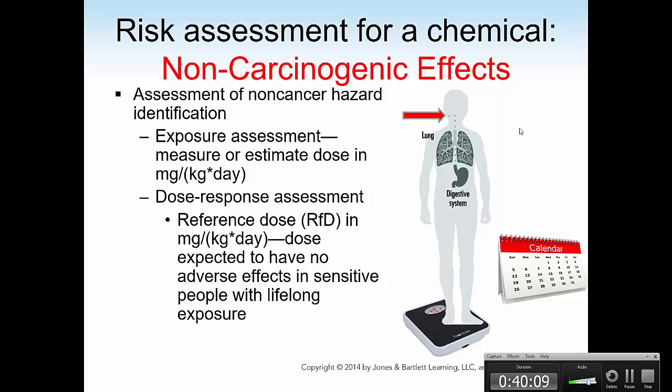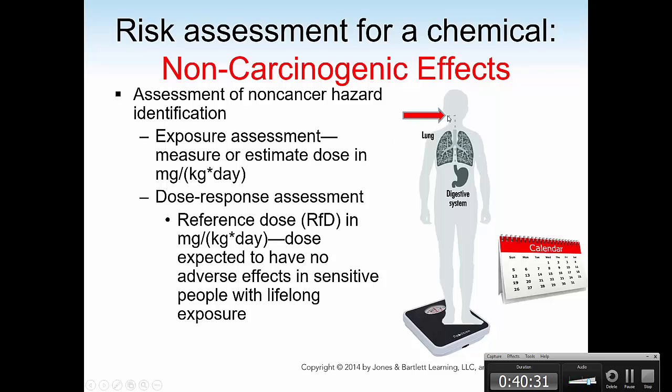Let's say this is something in the environment and there's really no way to get rid of it effectively. So we need a threshold here. We need a reference dose. So a reference dose, capital R, little f, D. This is also calculated in milligrams